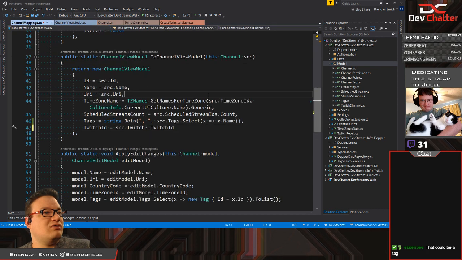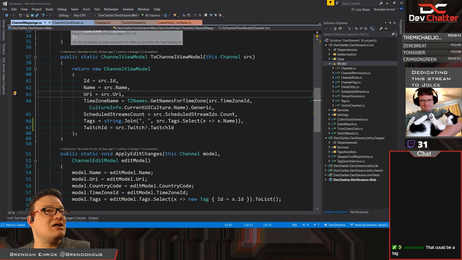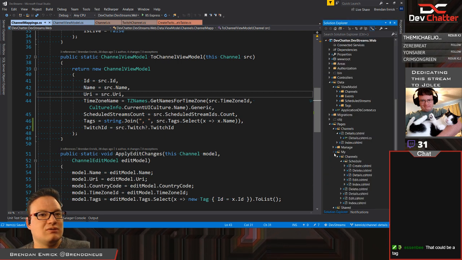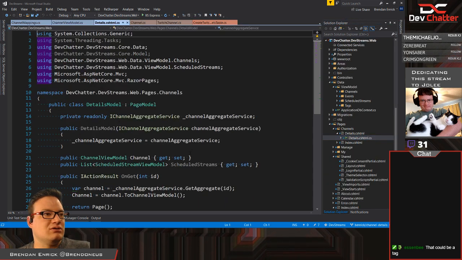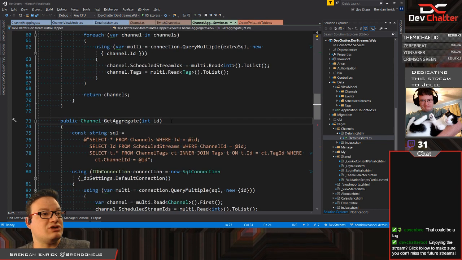Okay, so we have that value should get there, which means really we just need this to, so if we go to channel view model, we just need to set that value in our get aggregate now. So in the back end of that page that we were on, here, we call get aggregate. Let's go to the definition of that.